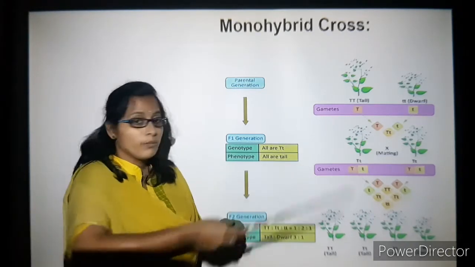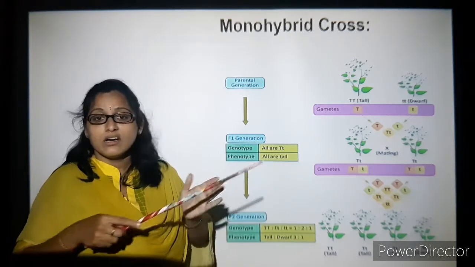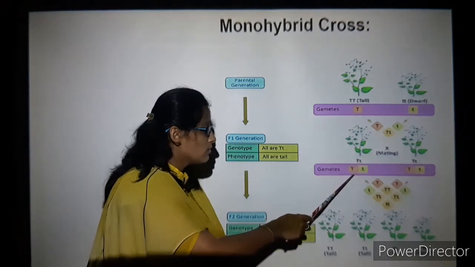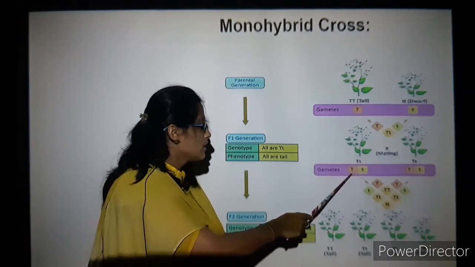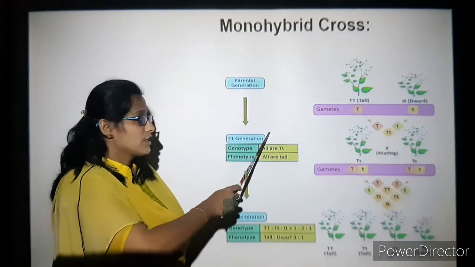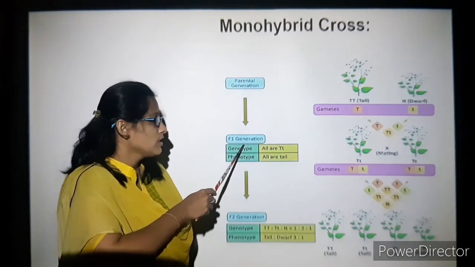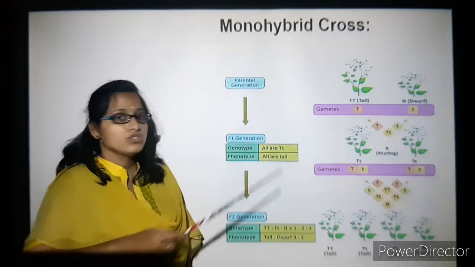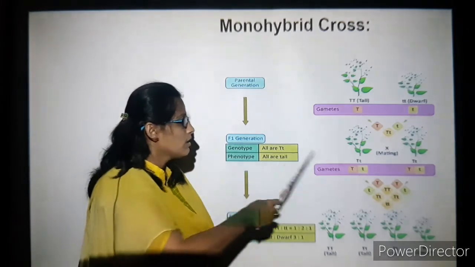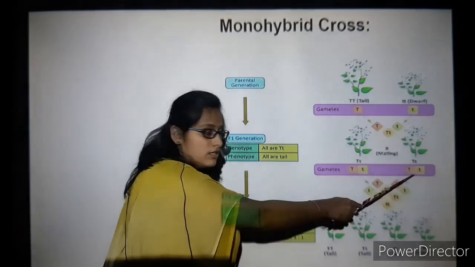Tall is dominant there, that is big T is dominant, small t is recessive. So again here you can see the gametes. So this you are going to split it up now. So big T and small t. So you can see this is F1 generation. Once the gamete is formed here, this is known as F1 generation. So genotype. So genotype is with respect to genes or gametes. So all are big T and small t. Here you can see all are big T and small t.